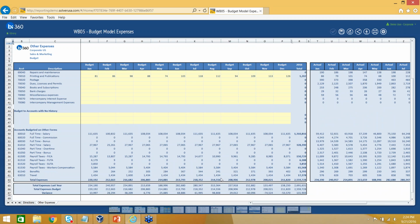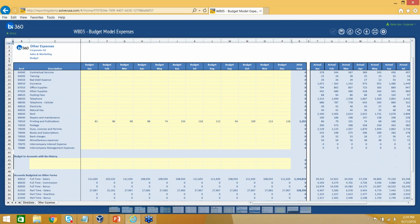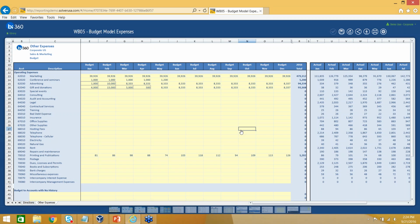So you can see once you input your operational expenses, your total budget and the budget last year along with the variance. I get it. I can input in every cell, but what if I don't want to? What if what I want to do for office supplies is I want my users to add some line item details? So hey, exactly what are we spending money on office supplies? Which ones? I can right-click,